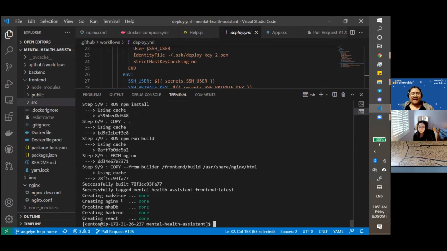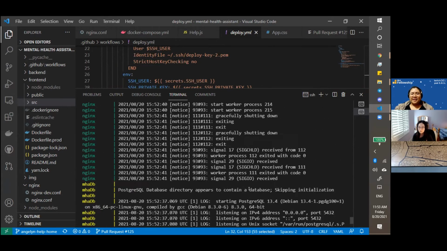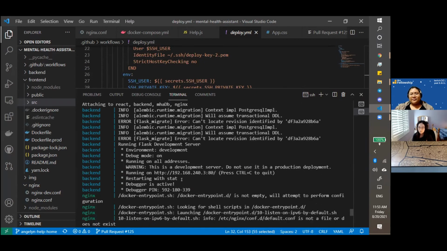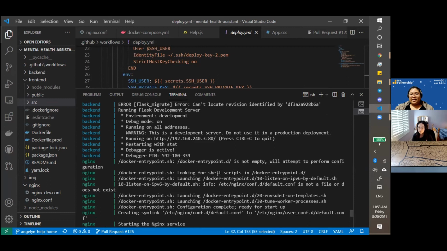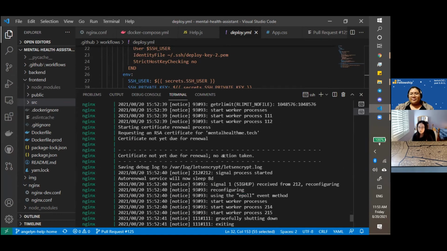You can see that they're being created again. So now we can see that they were just created a few seconds ago. They're all up and running, and we can go and look at our Docker Compose logs and see how our containers are doing. Backend is working fine. Flask is in its development server, and NGINX is working. It's following the scripts, issuing our website